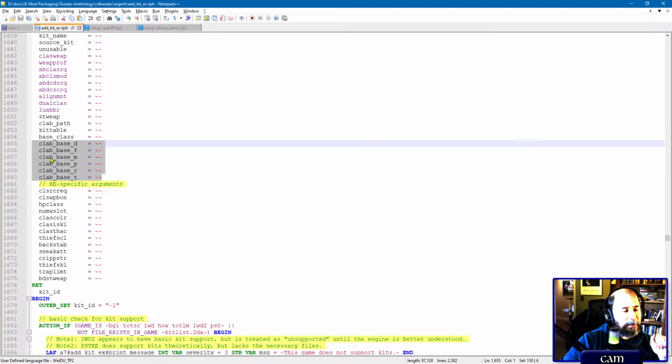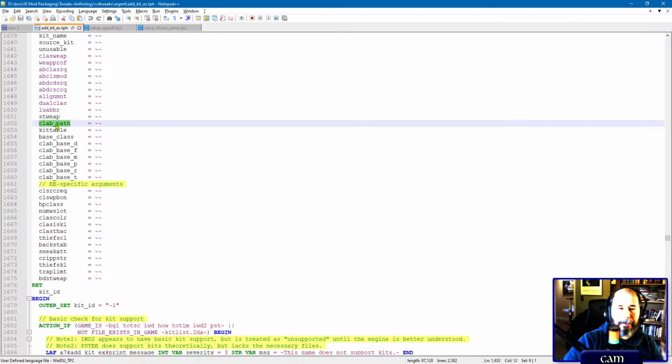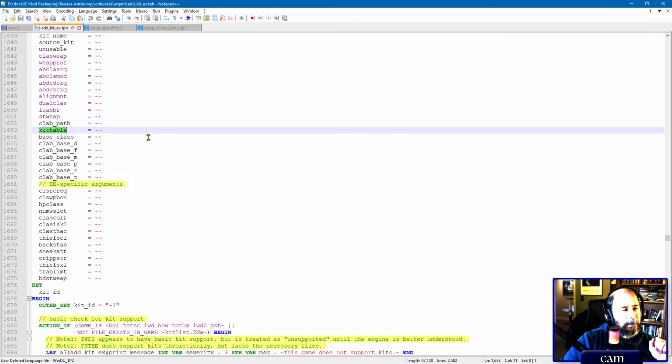I think it may set those itself. All right, so you'll notice it's basically the same information stated slightly differently. Start weapon is the 25 start weapon. The collab path is the path to your 2DA with the kit table. Kittable is